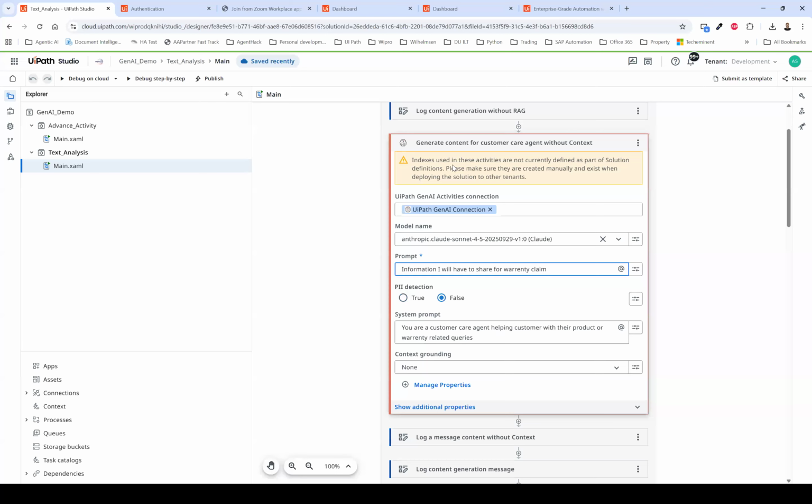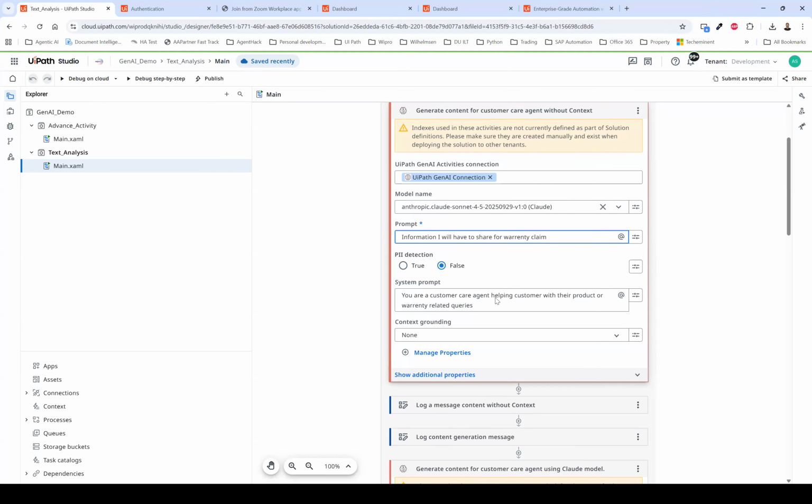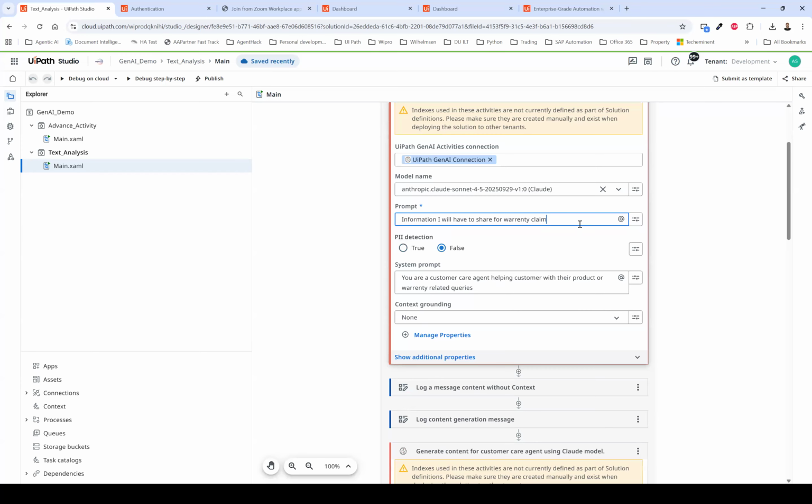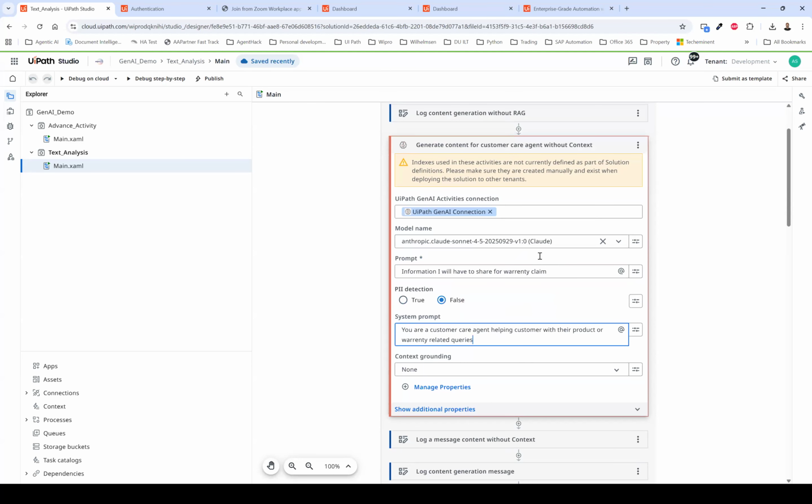The built-in GenAI generate content activity has a PII detection feature, which I will explain later on how to configure. But for now, I have just selected false because we are not passing any PII or PHI data. Then we have this system prompt. What the system prompt does is give the persona, like what this